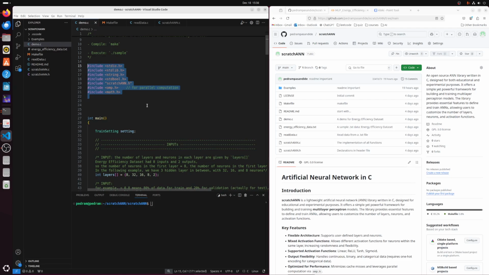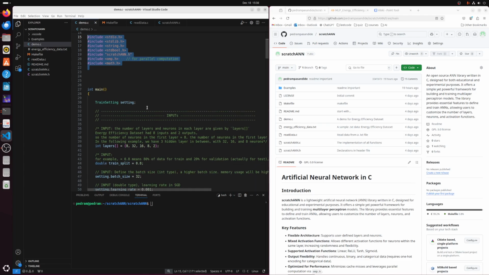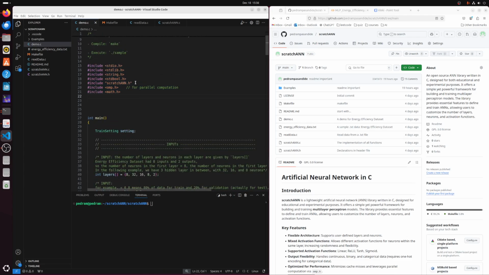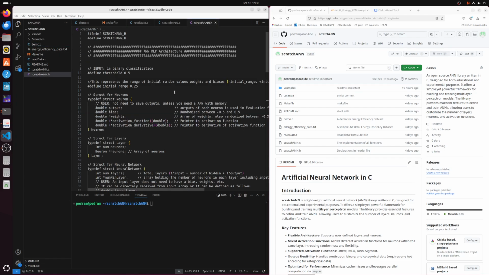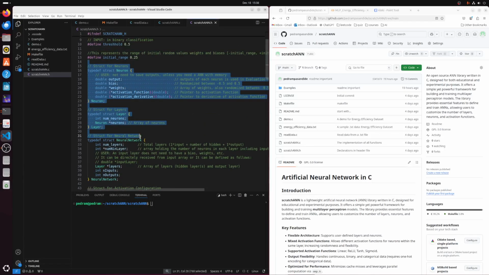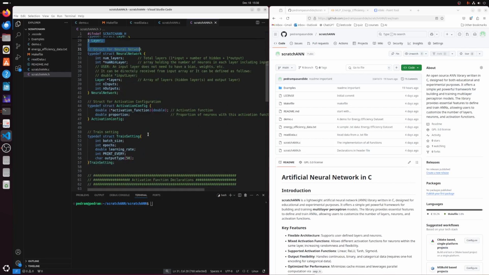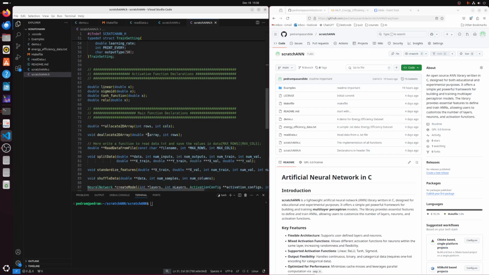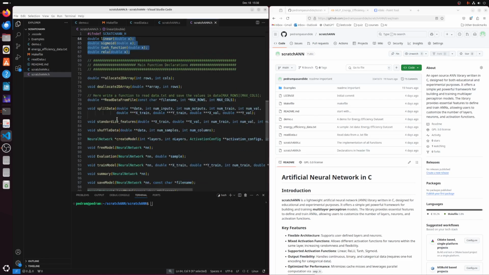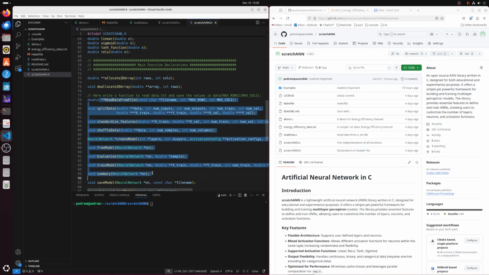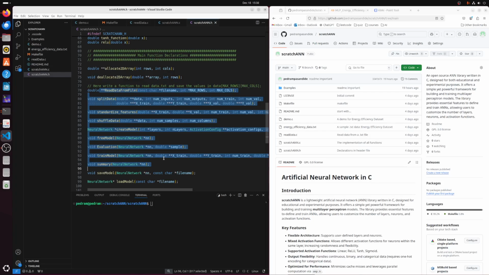Of course, I needed to include some of the libraries necessary. One of them is scratchANN, and scratchANN is actually the architecture, the definition and the structures of the multi-layer perceptron architecture, some of the activation functions, and some of the functions we need to use to train from